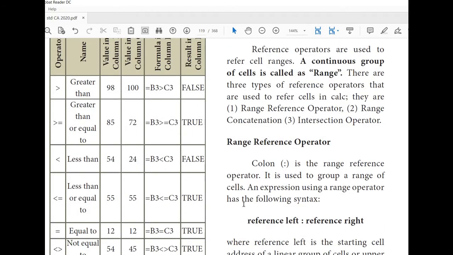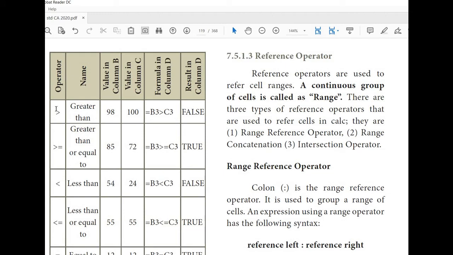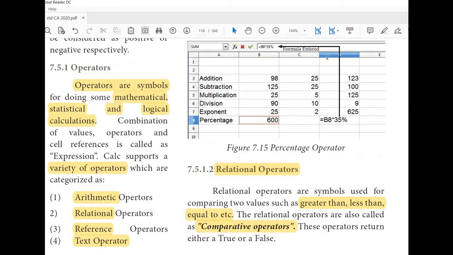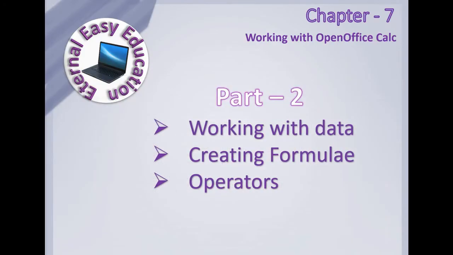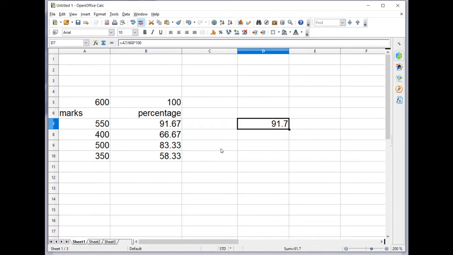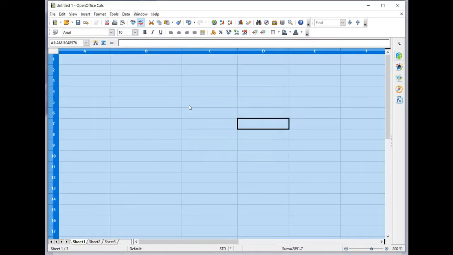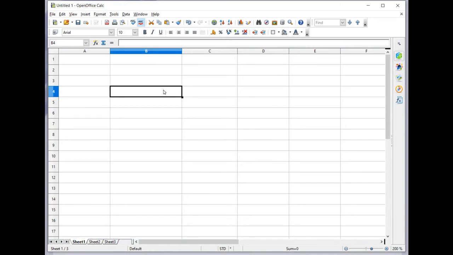So the relational operator here is given. Whether we are going to check greater than, equal or less than, the result will be in Boolean. Boolean means whether it will say true or false. I'll show the example now. You learned arithmetic operator, okay? Now you are going to learn relational operator. Take here a number is 13 and another number is 56.